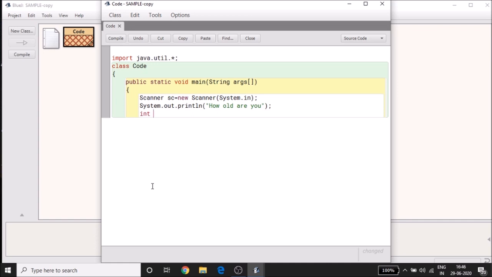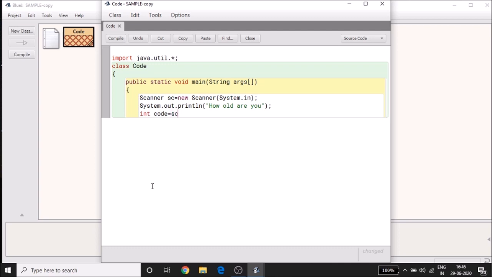Now comes the stage where you're going to be naming your object. You can type in whatever name you like, but note that everything should be in lowercase letters. In my scenario, I'm naming it code. Hit equal to and type in your scanner name.